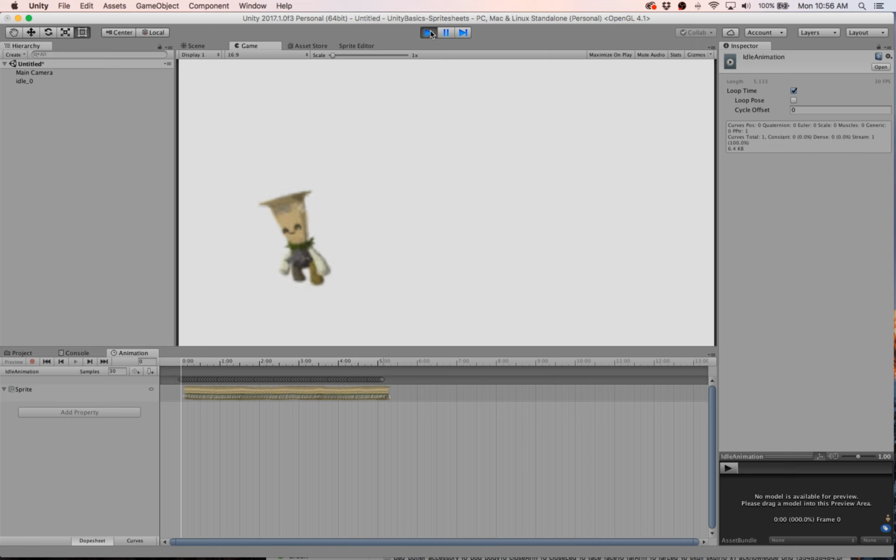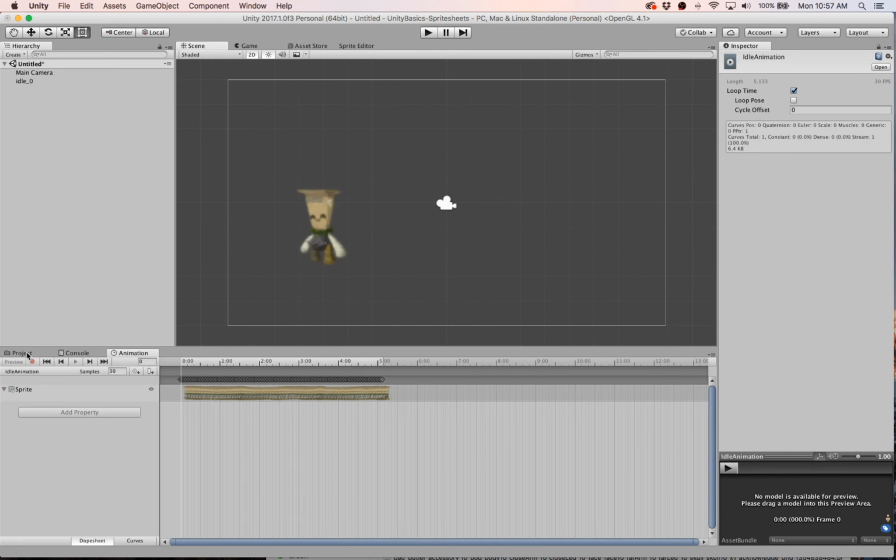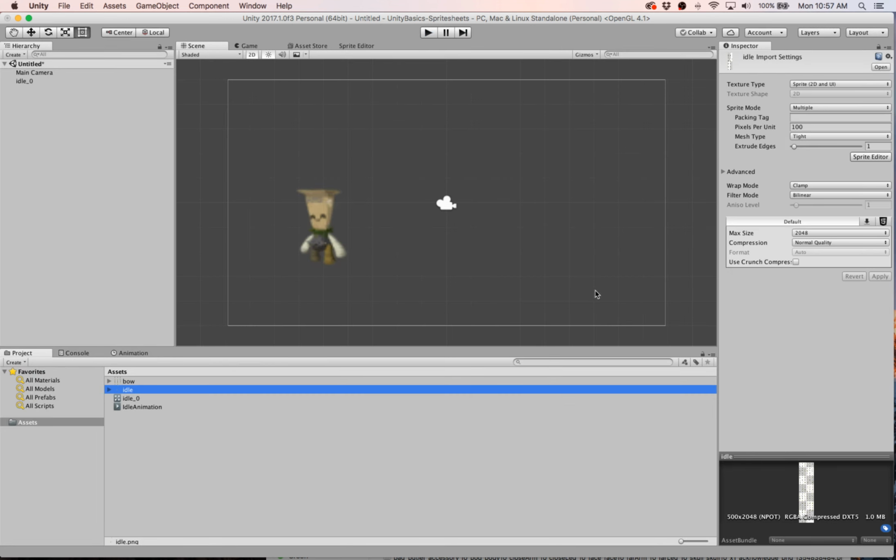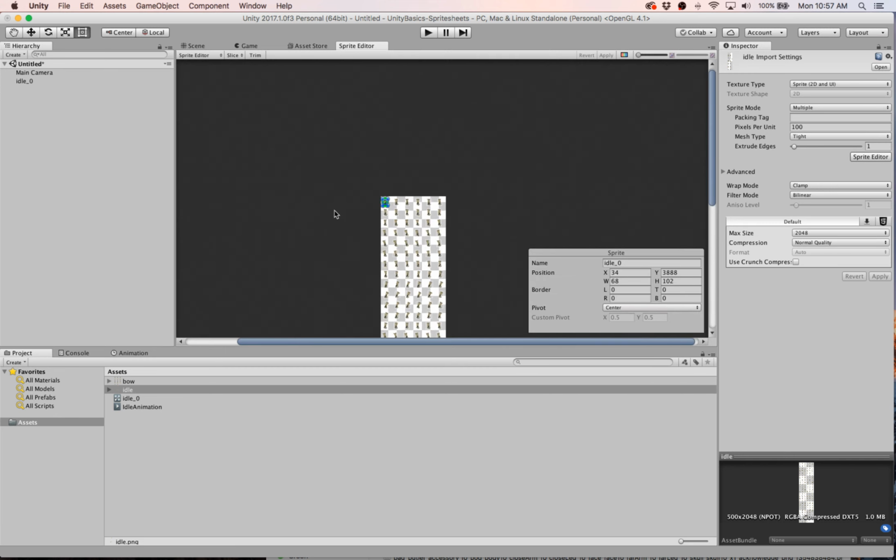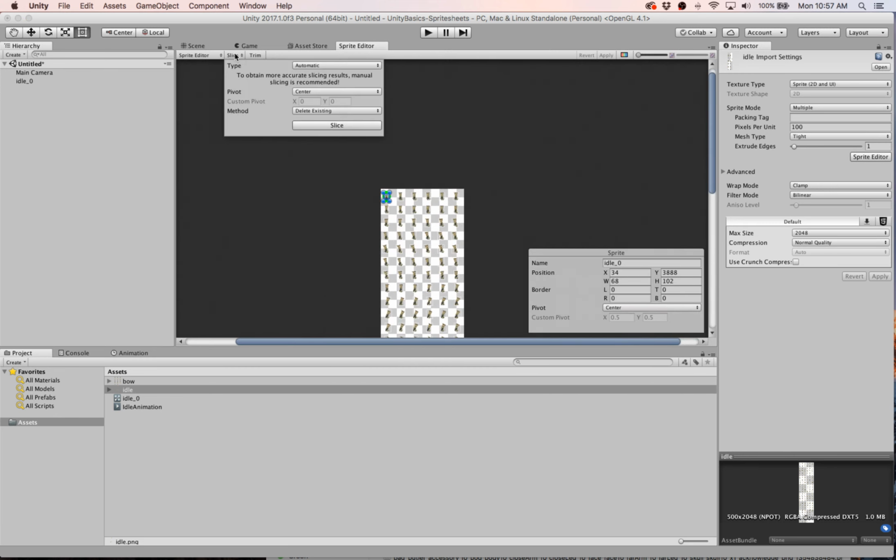There he goes. And you know what? He is really kind of rocking back and forth. I'm going to go back and see if we can fix that. So back in here, I've got my idle animation selected, or idle sprite sheet. I'm going to go back to the Sprite Editor. And I want to go to Slice. And instead of automatic, I'm going to do